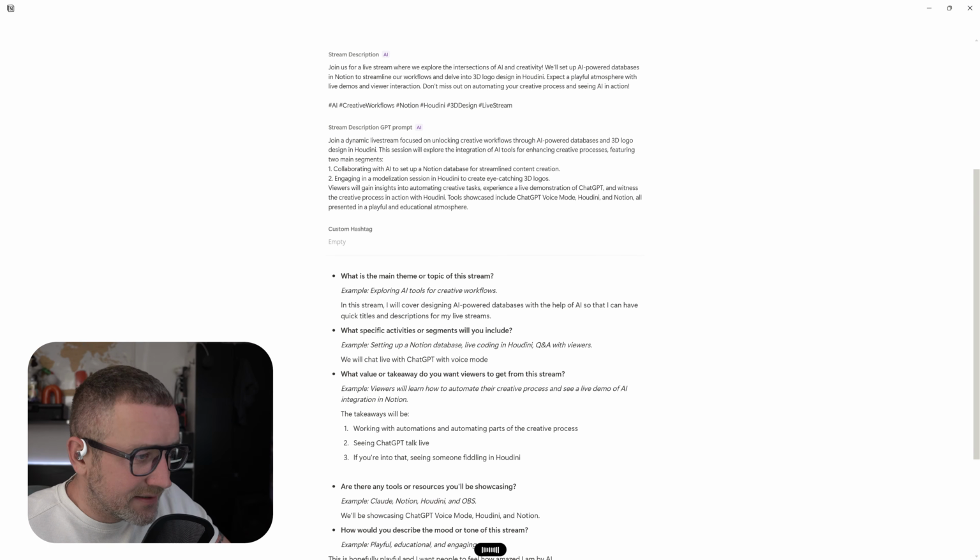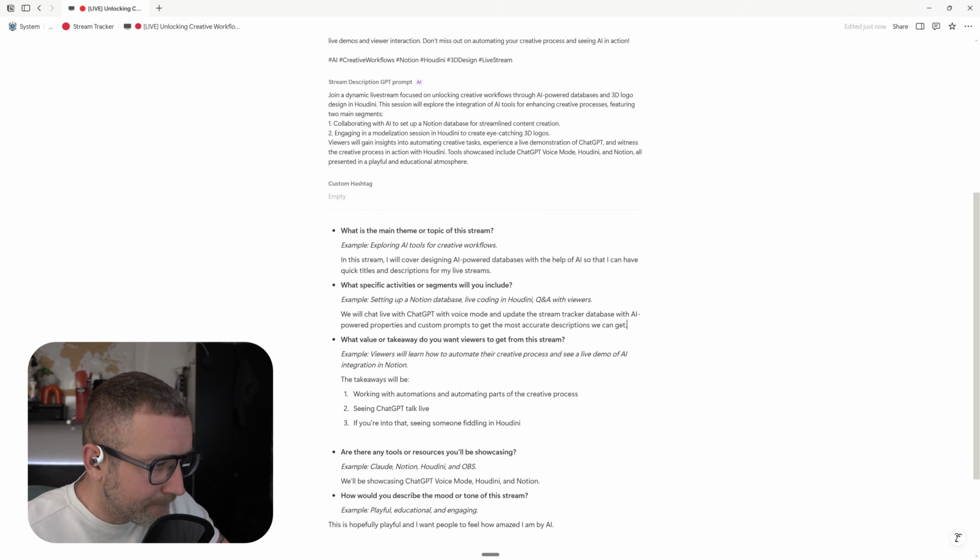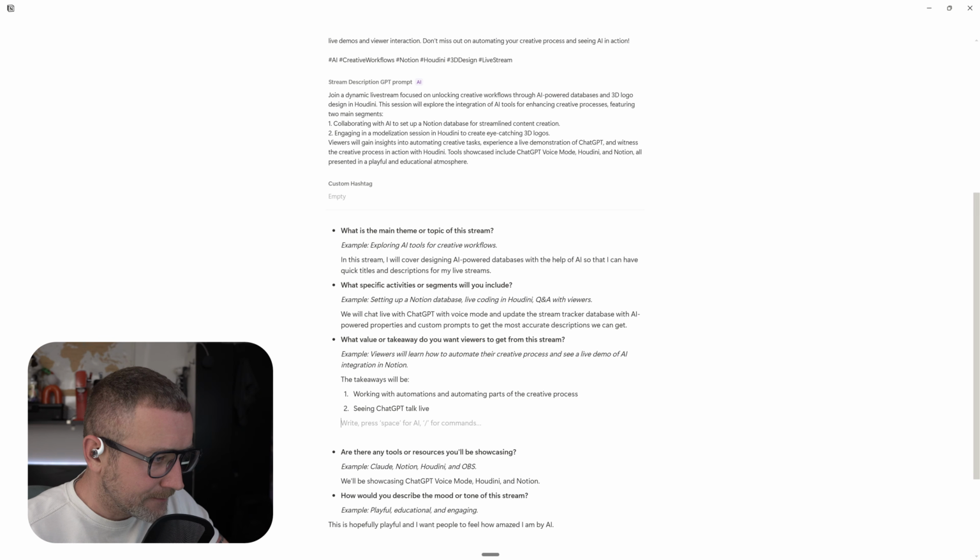And update the stream tracker database with AI powered properties and custom prompt to get the most accurate descriptions we can get. Okay, so let's remove the Houdini part.